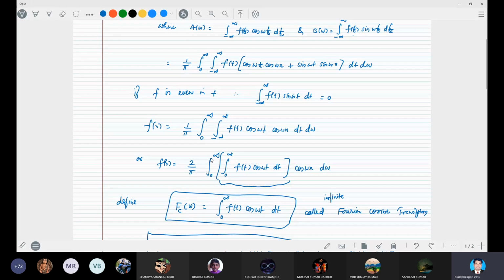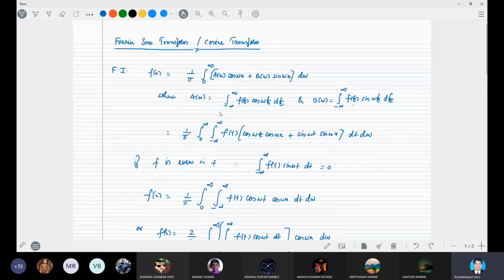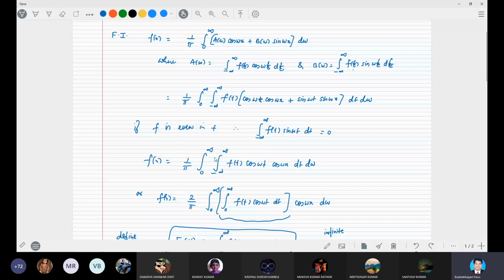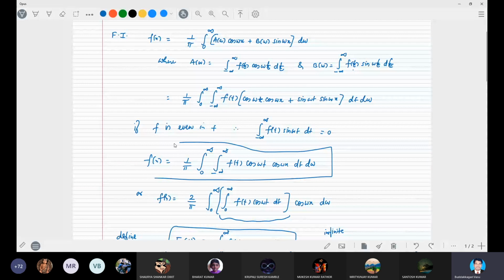Almost the chapter is ending. What are you understanding? I said this statement is right: f(x) is equal to 1 by pi integral 0 to infinity, integral minus infinity to infinity. This is what we have written here. Yes, sir. Why 1 by pi integral 0 to infinity? Let us see this part. This is the Fourier cosine integral, right? Yes, sir. Fourier cosine integral. Yes, sir, 1 by pi integral 0 to infinity. Why? Tell me.